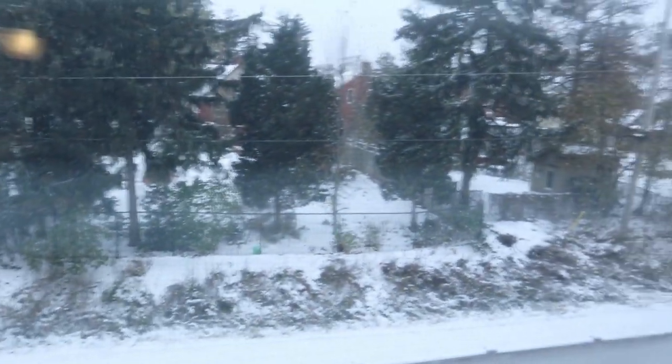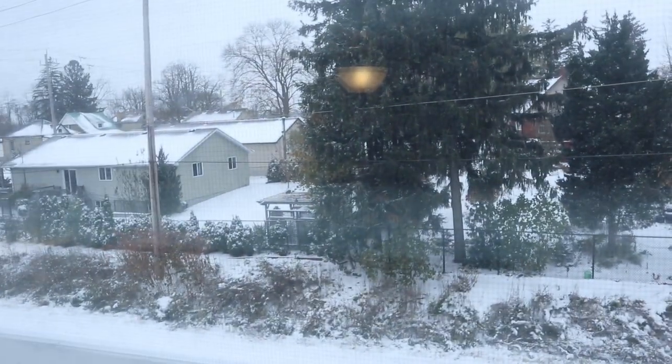This is outside right now. As you can see, it is snowing. By the way, today is November 10th, so...